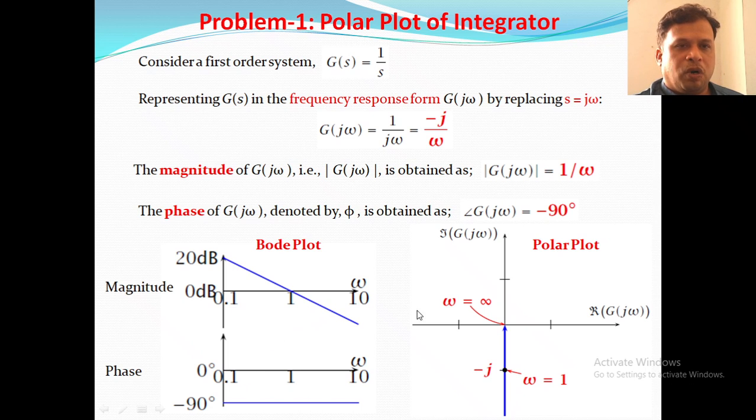Now we draw a polar plot. So the polar plot or Nyquist plot goes from omega equals 1, and minus j is a point somewhere here, to infinity. Omega equals 1 to infinity. The starting point and the ending point should be mentioned, that is omega equals 1 to omega equals infinity. We are having the value minus j. So minus j by omega in the form of this polar plot is this graph. This is the imaginary axis, this is the real axis.